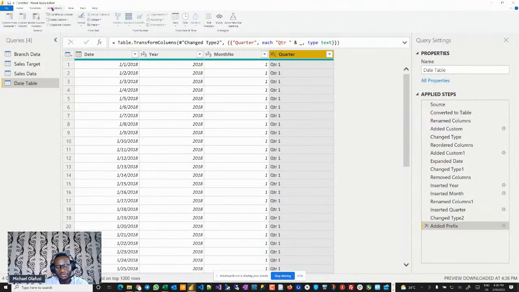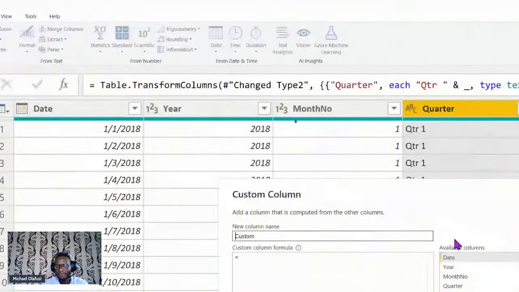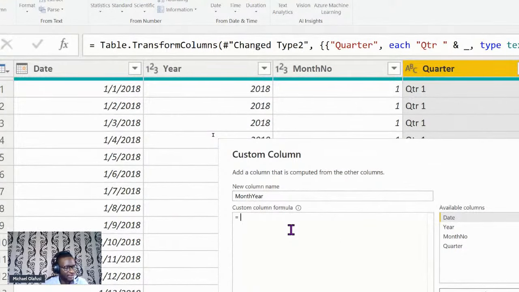So I'm going to go to add column, and then I'm going to say custom column, and I'm going to call this month year. Okay, so this one right now, I'm going to have to write an M code. So I've got it to the stage where I need to write an M code. So it's not very hard to write. It's just like if you use DAX, it's the equivalent of format, and if you use Excel, it's the equivalent of text. I'm going to format the date as a particular text string, right?